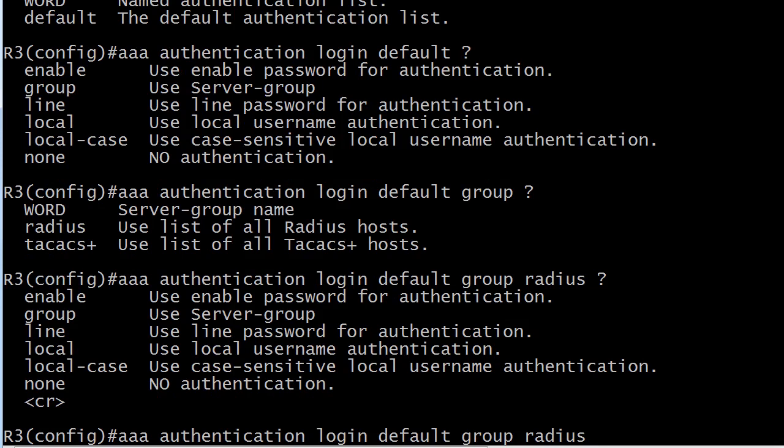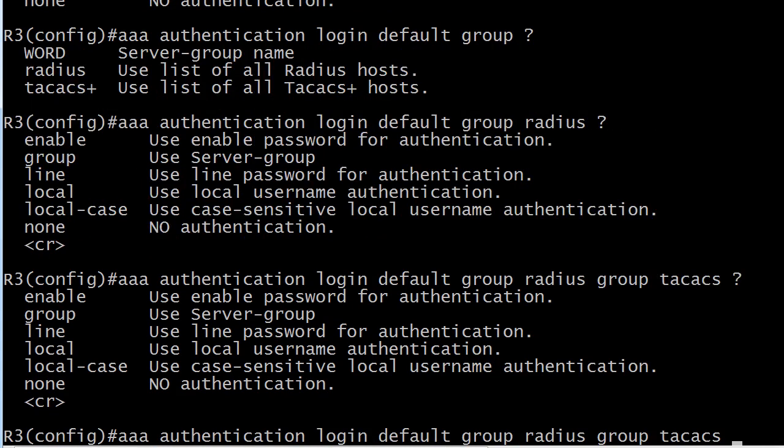You would expect that, but we can still put, use the enable password for authentication, use another server group, use a line password, use the local username authentication, use case sensitive local, or no, for none, that is. So let's go ahead and put another group here. And again, this is a legal command by itself, but we still have those other options. And the key here is